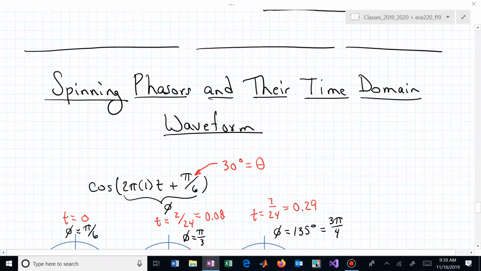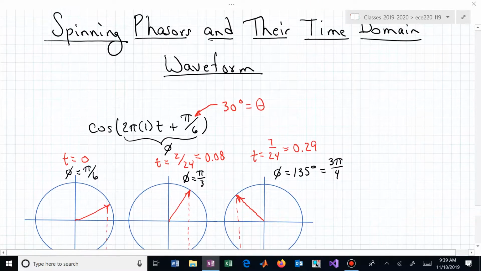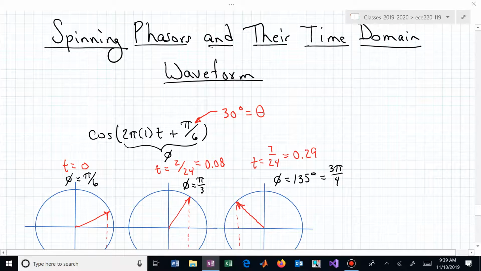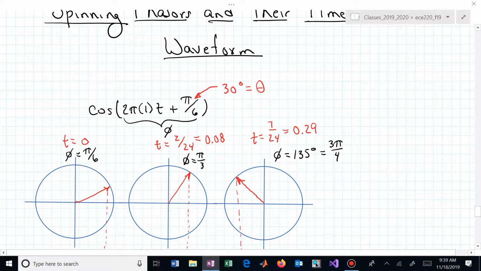I hope you get something out of this. I spent a lot of time trying to do this. So here's the spinning phasors and their time domain waveform. The phasor now I have sitting in, and here's the v of t. There's the signal that we have, the real signal, cosine